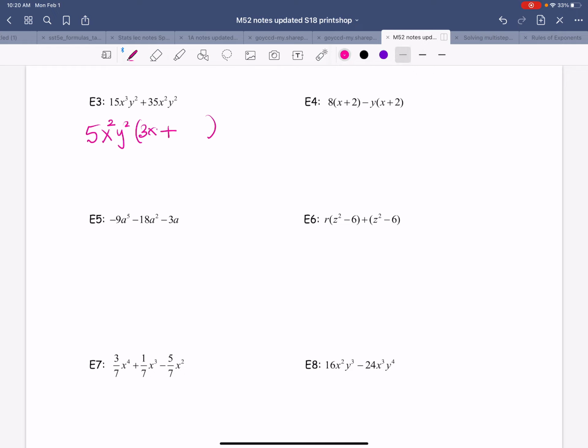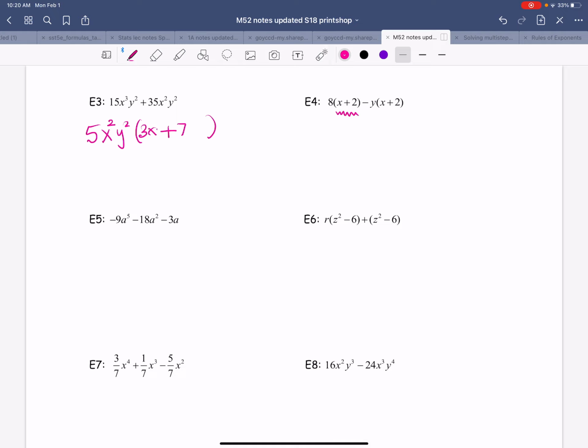Plus 7, x squared is already there and y squared is already there. So it's just 3x plus 7. Okay, 3x plus 7. In the next one, it's a little bit harder to see what is the common factor,